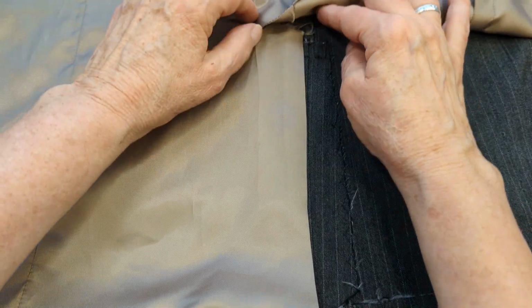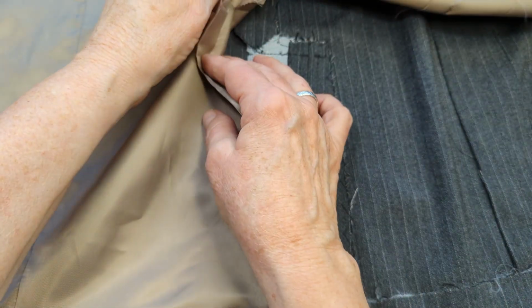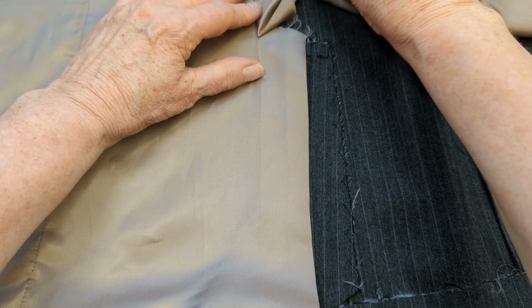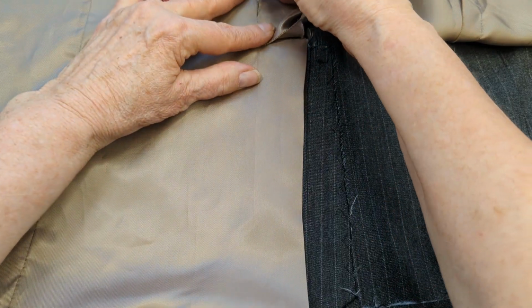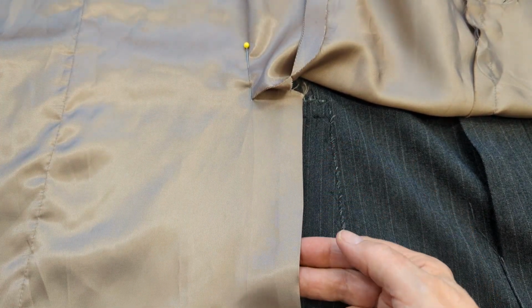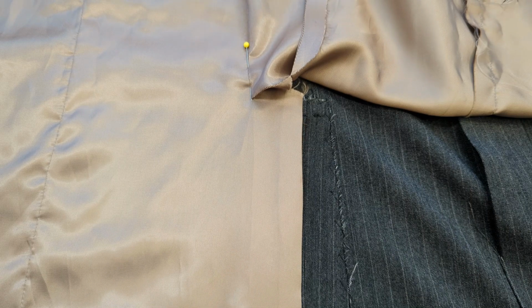Make sure everything is lined up, making sure that my seam line is lined up here, and it is. And my lining lines up with the top of my vent. So I'm just going to put a pin up here to hold that in place so I don't pull it down, right? So now you'll notice the part of the lining that you turned under lines up with your underlap of your vent, and it lines up almost